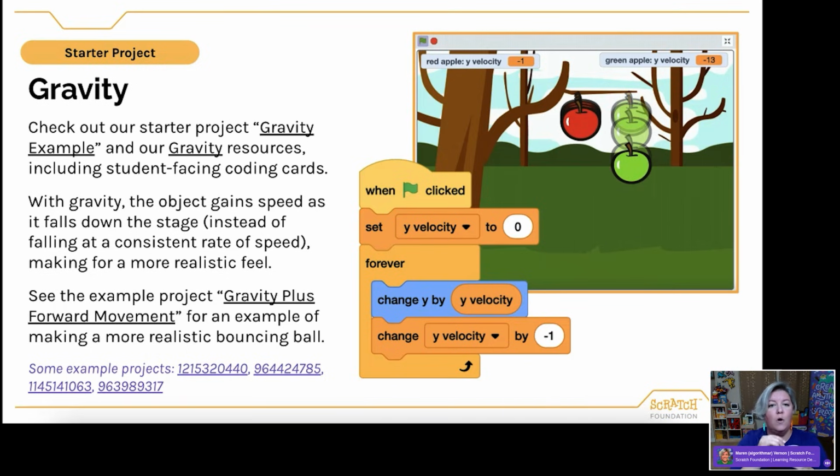And so if you see the code on the screen, you'll notice we are constantly changing that velocity just by a small bit. But you can see the difference between the red apple and the green apple. The red apple has no velocity, no gravity associated with it. The green apple has this gravity applied. And so you can see that the compounding effect of changing that velocity makes that green apple fall much faster. That makes the game more challenging to try to play if you're trying to catch said apple.